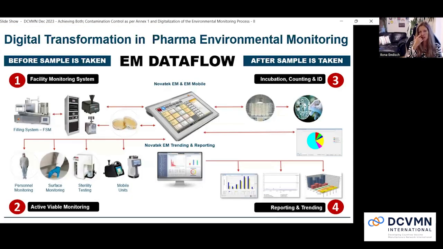Now, to make this just more concrete for the environmental monitoring process. So now, imagine a system,